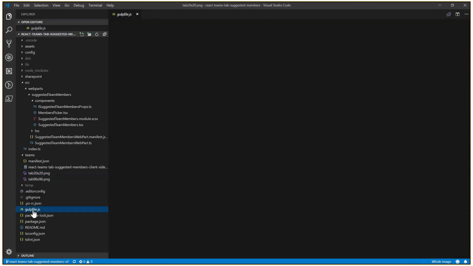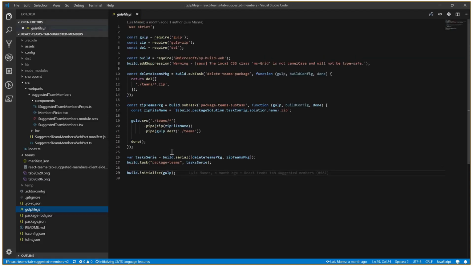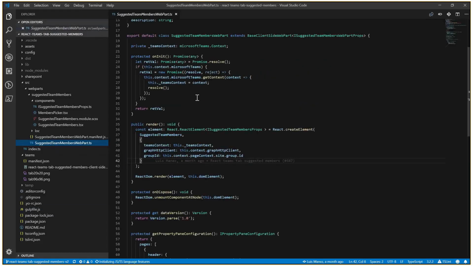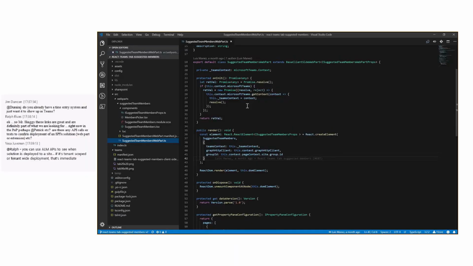So I just created a custom gulp task. If you do gulp package Teams here, you're going to get the zip file. And if the zip file already exists, it's going to be removed and zipped again using the gulp zip package, a small utility. So if we go to the main, the entry point is the web part, and